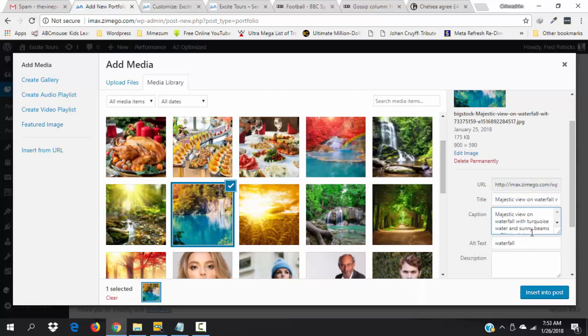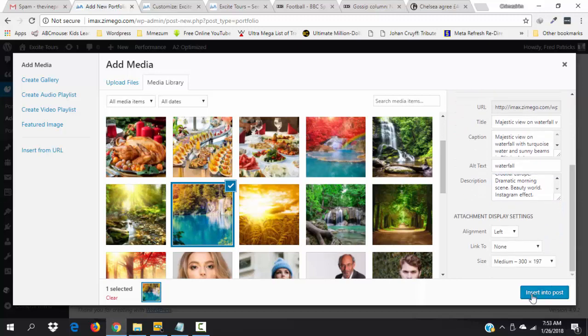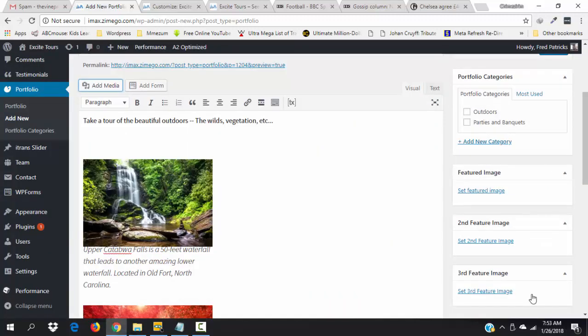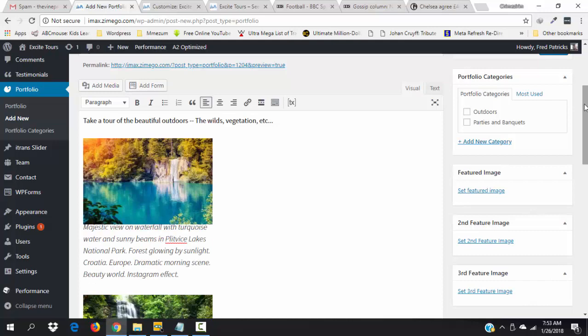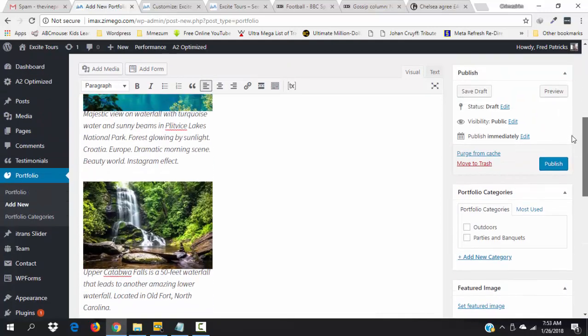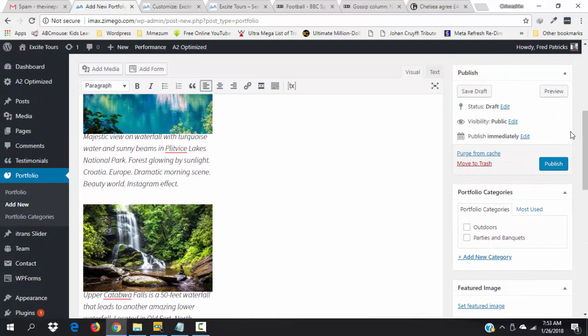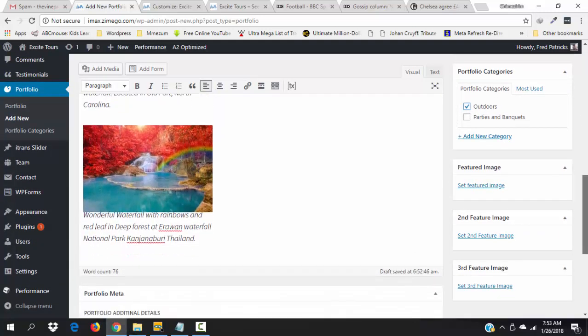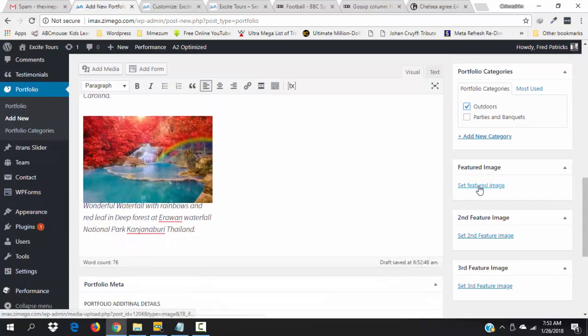I just add the description and then insert. We have 3 images. We can have more actually. You can have as many as possible, but it's still the same process. Just keep adding them. Okay, so let's select the category which I created, and then before we publish, let's set